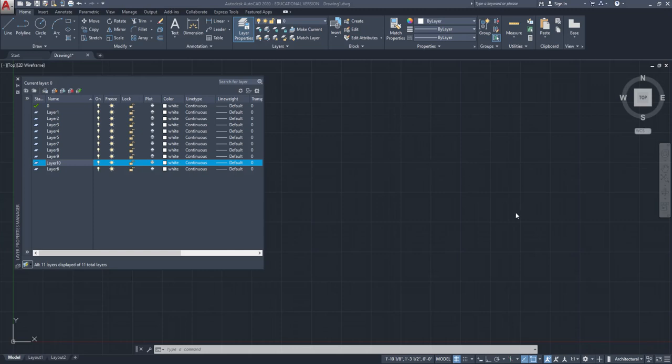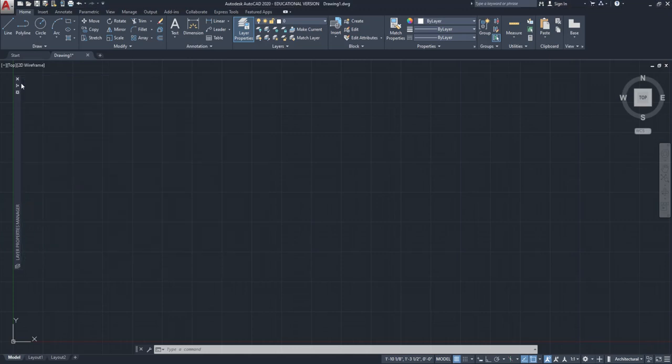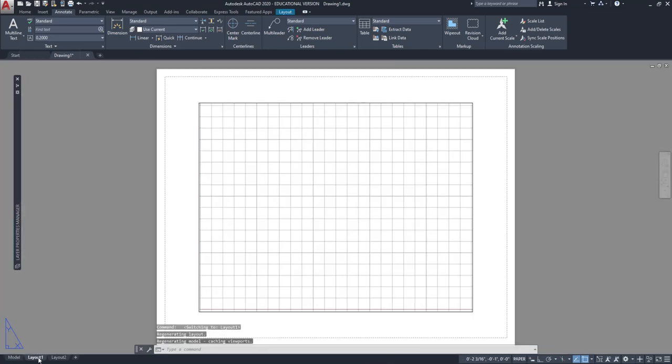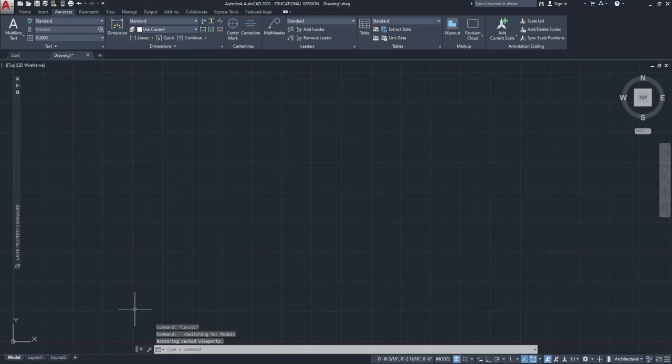So you come in, you set your units, you create some layers. And for now, that's really all you have to do. But in the future, you'll have to do things like create a text style, create a dimension style. You may have to come down here and create a layout so that you can print, right? That's a lot of work. An assignment that may take you 30 minutes to complete, by the time you have to recreate your layers, reset your units, create a text style, create a dimension style, set it up to print, right? All those things that you have to do on every single assignment, that'll add 30, 40 minutes to your assignment,